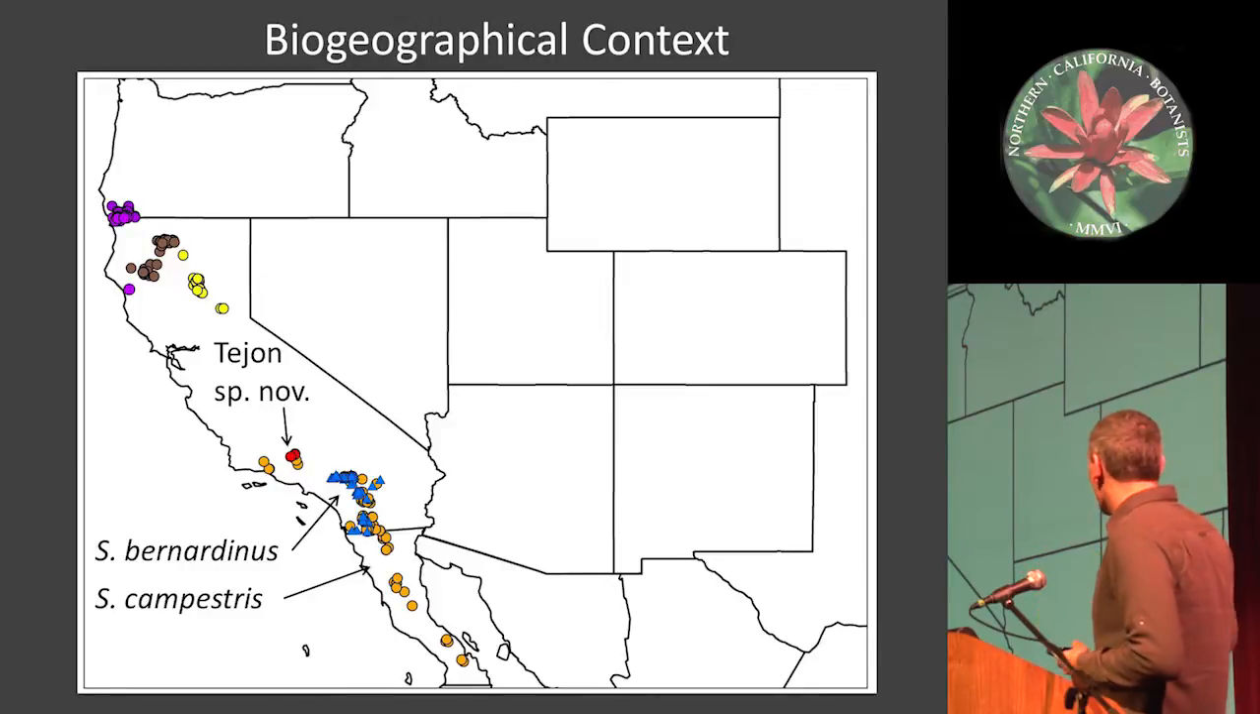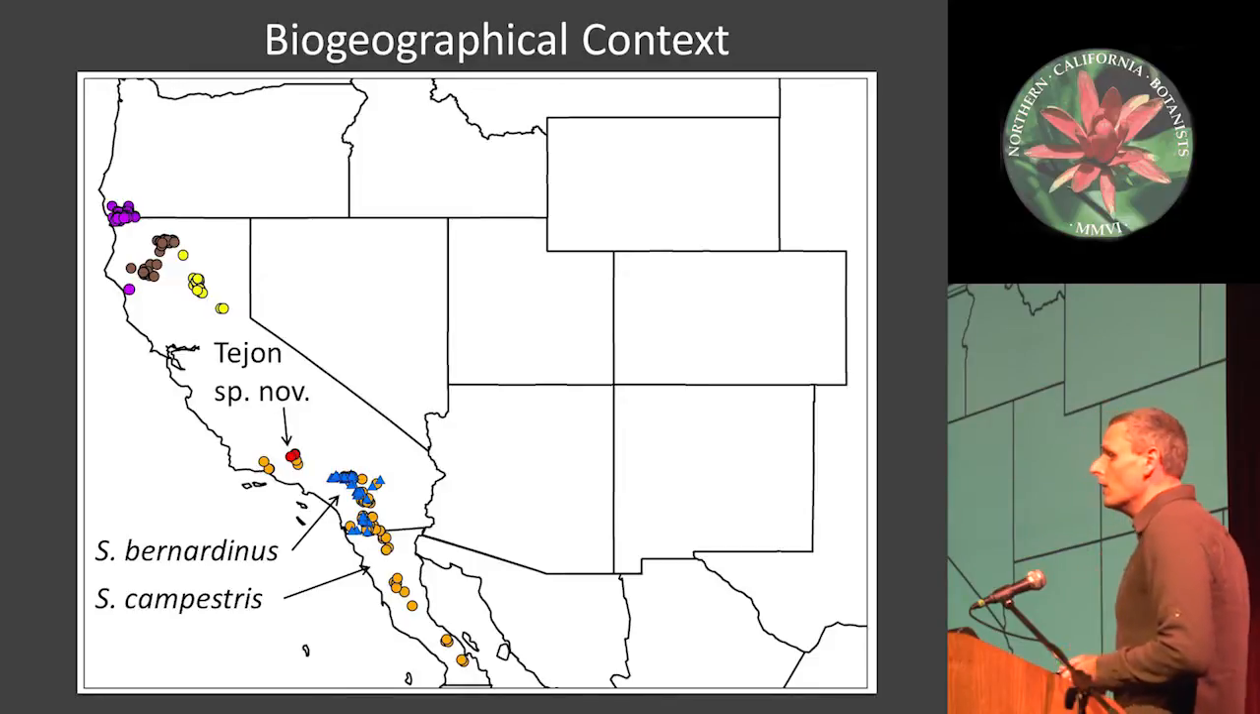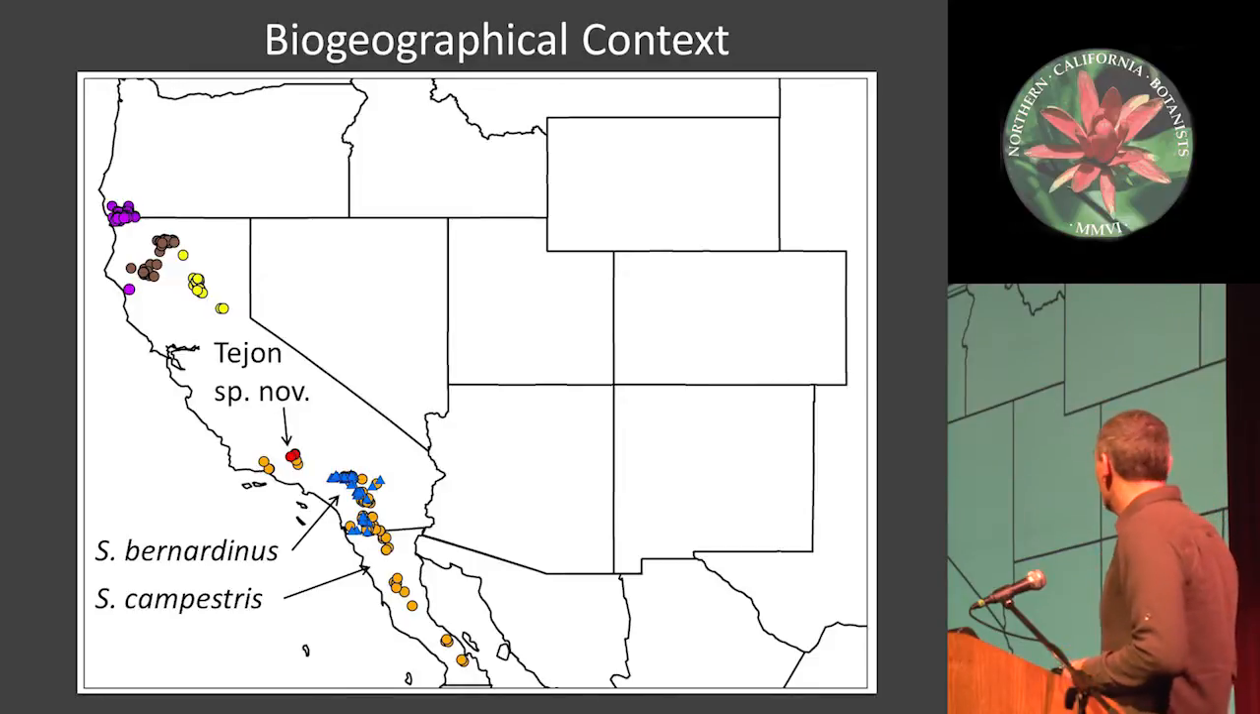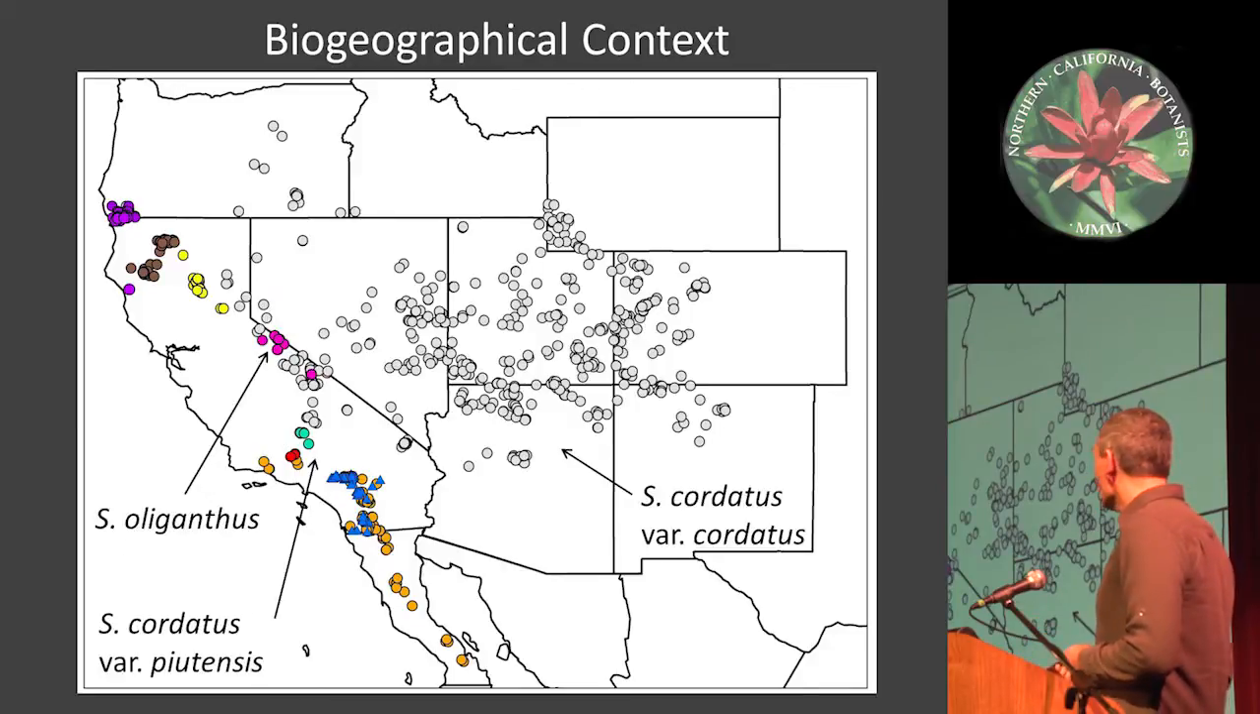A species called bernardinus is in Southern California mountains primarily. And then there is a species that I'm going to be working on describing from Tejon Ranch to the Tehachapi Mountains. As you move further east,